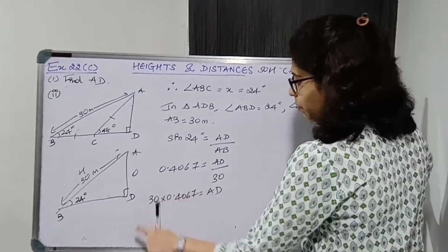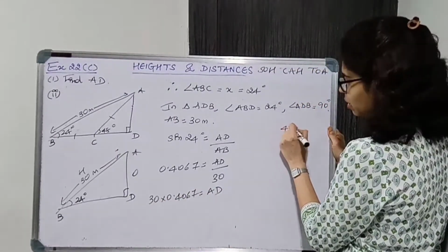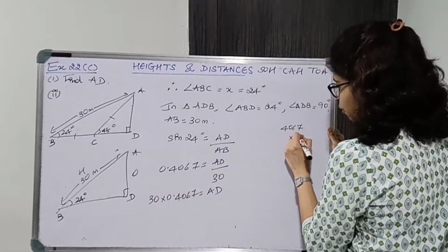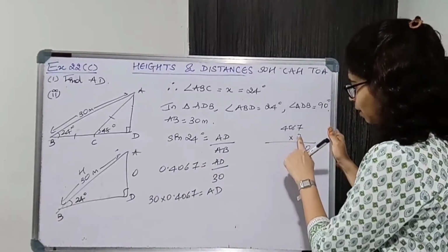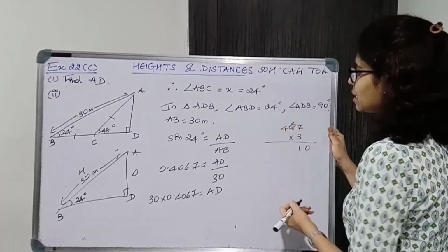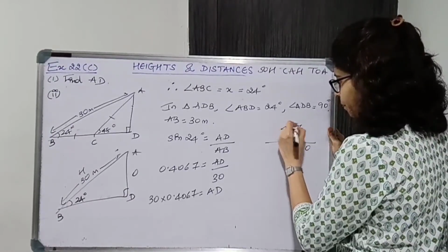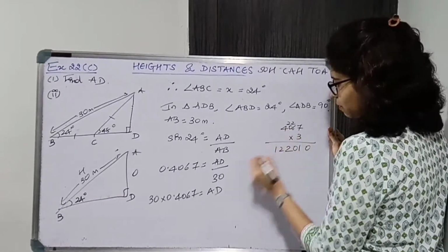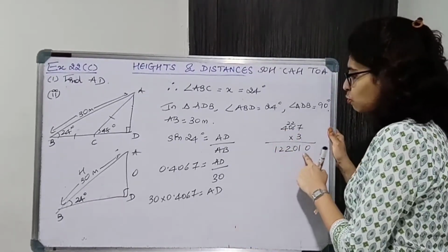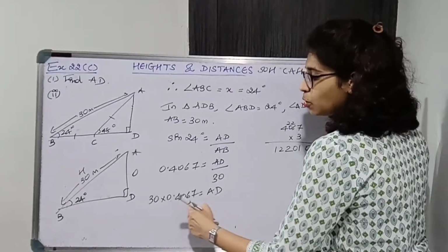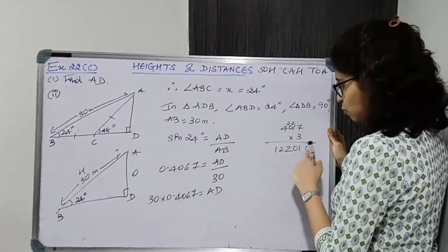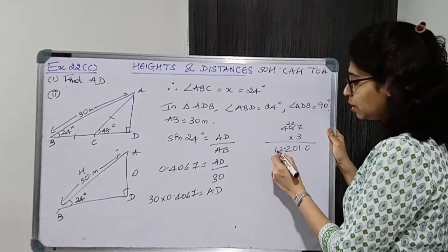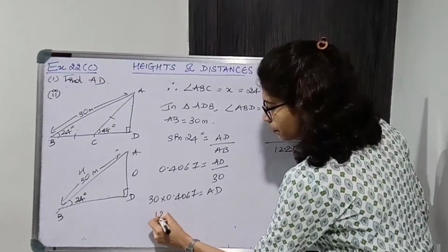Okay, now multiply this. So 4067, forget the decimal point for now. ठीक है, now this into 30 into 3 करो, 0 पीछे लगा देना. 3 7s are 21, 3 6 are 18 plus 2 20, 3 zeros are 0 plus 2 2 हो जाएगा, and 4 3s are 12. So 12 1 2 2 0 1 0. Okay, now there is decimal point after 4 digits from the right, so 4 digits जाओ. Okay, now over here 12.2010 is the answer.